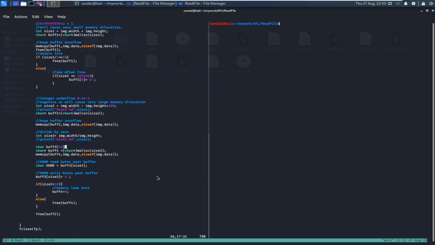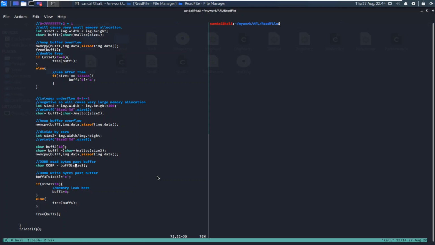Then there are two new bug classes I have added, that is out of bound read and write. In out of bound read, you have a limited size of buffer and you try to read past the buffer limit. Here you can see that buffer 3 is of size 10, so it is 10 bytes long, and here you are trying to read based on the value of size 3.